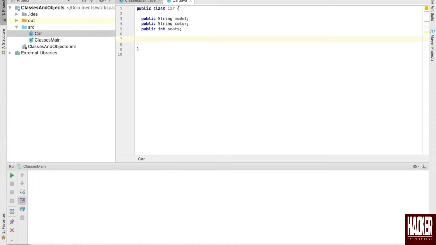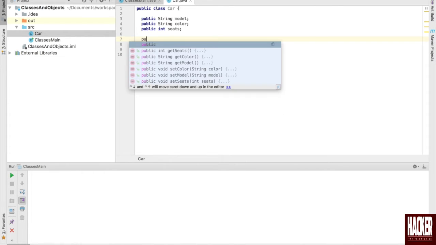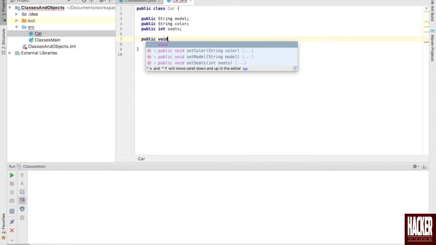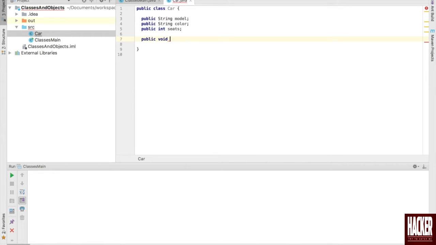To define a behavior, I will create a method. So it's public. I'll write a method that will display all the values of the variables it has. I'll call this method display. It won't accept any parameters.